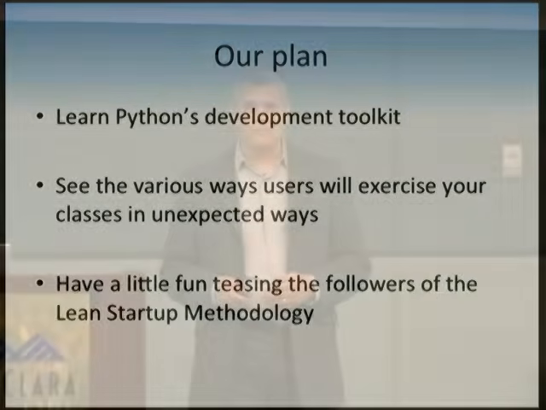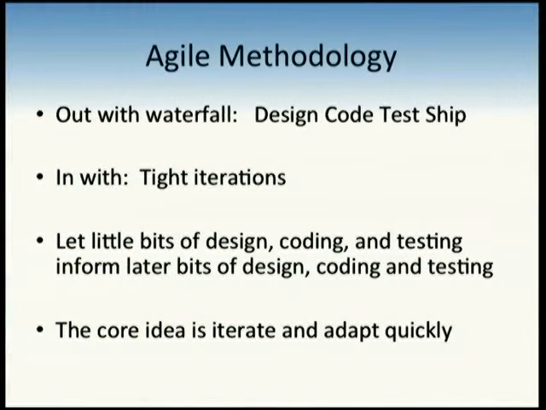How many of you have heard of Agile? Is there a relationship between the two? Absolutely. The Agile methodology was designed to get rid of waterfall, where you go quite far in your development before you realize you developed the wrong thing. And the idea was to replace the entire waterfall with a bunch of tight iteration cycles. The idea is you do a little design, a little coding, a little testing, and then iterate. And that testing and coding phase informs the next phase of the design. It makes you a little bit smarter about what you do so that you don't have to see 10 moves ahead. All you have to do is see 1 or 2 moves ahead.